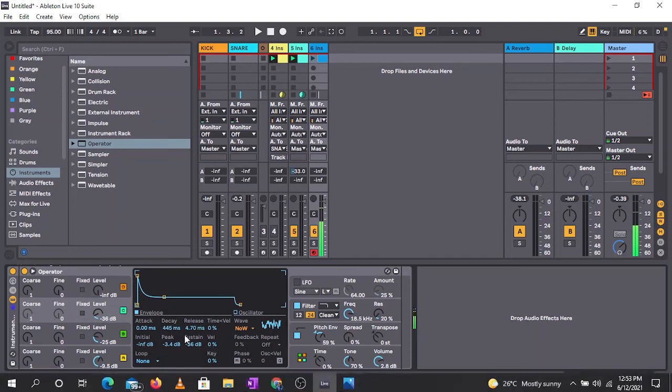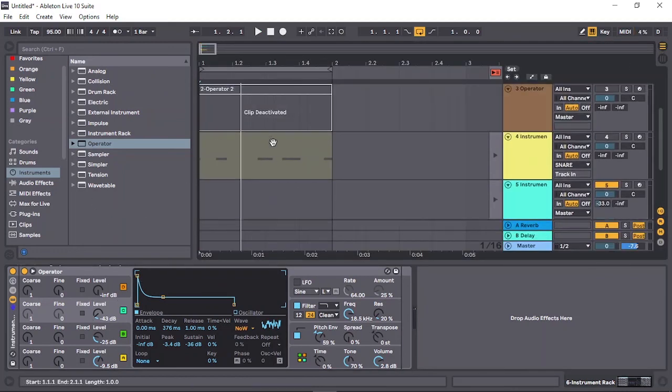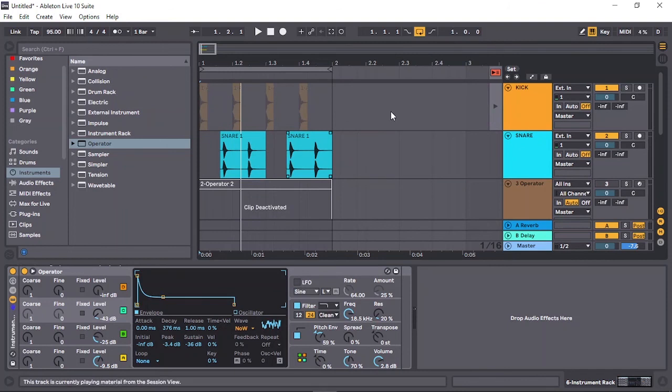I need it to snap. See? So I'm just playing some random stuff. It's not really music that is planned. If I play everything together, kick, snare,